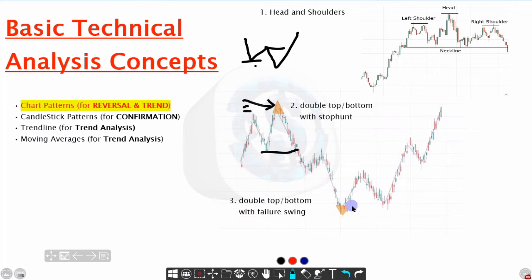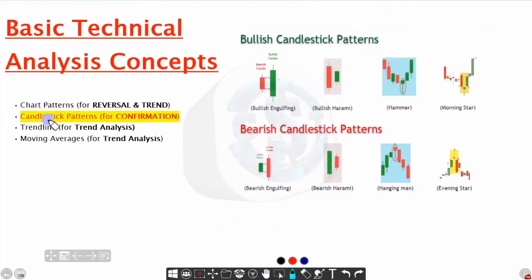Okay, so let's go further, guys. So let's look at the candlestick patterns. Okay, so candlestick patterns. These candlestick patterns are very good for confirmation, especially when you combine them with your chart patterns, for instance. So let's say we're looking at,